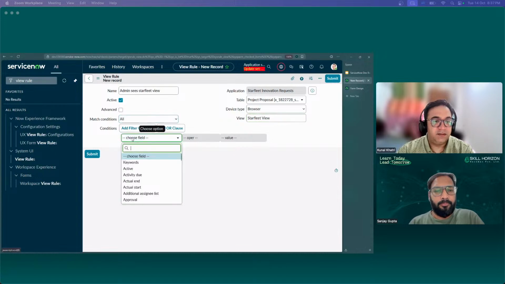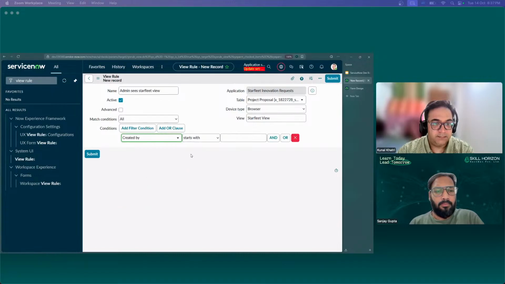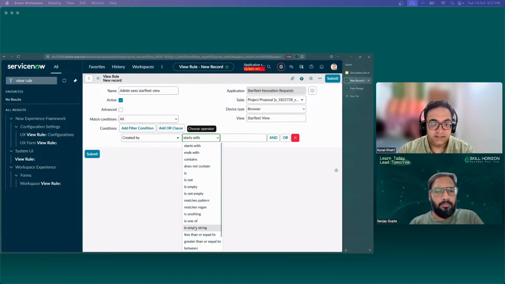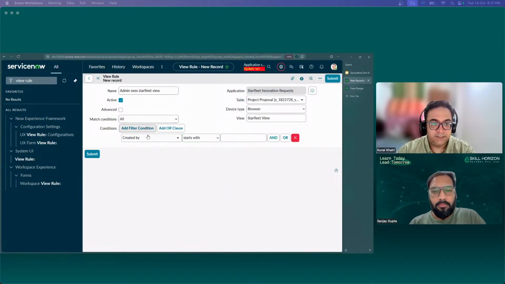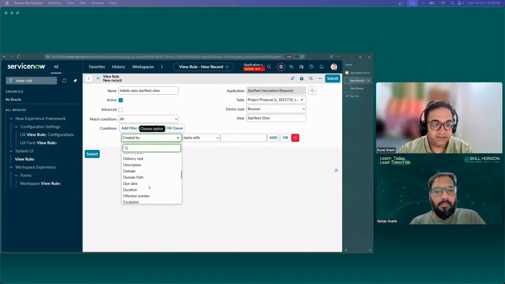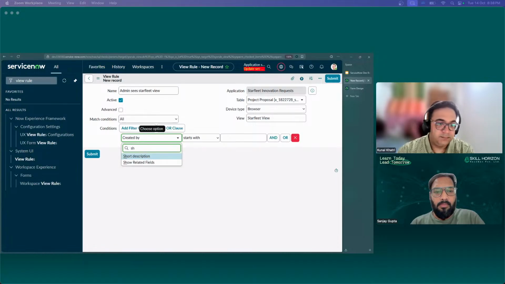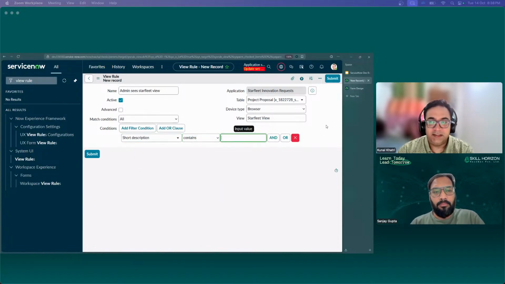Match condition on, and we will set to created by is... let's set something that's short description. Short description contains,